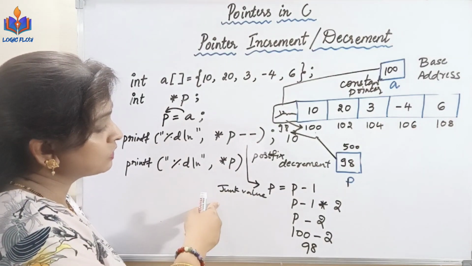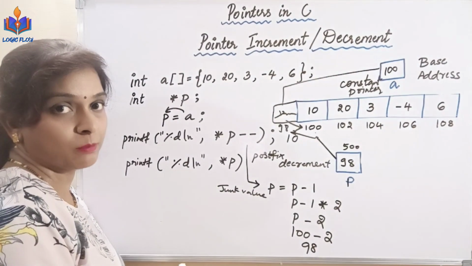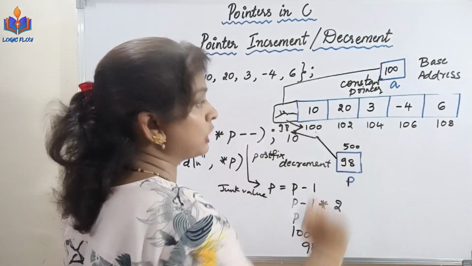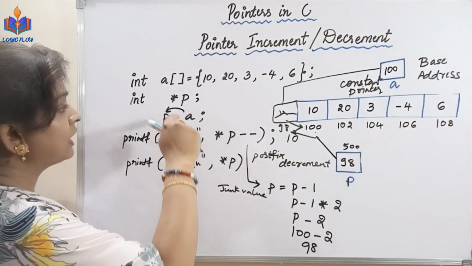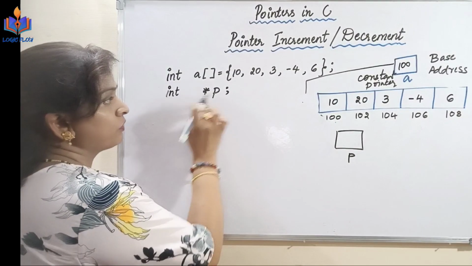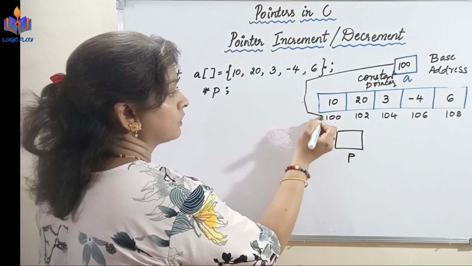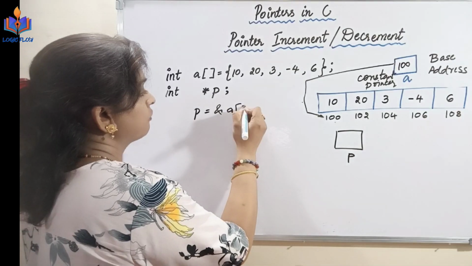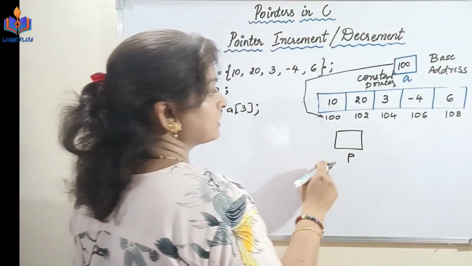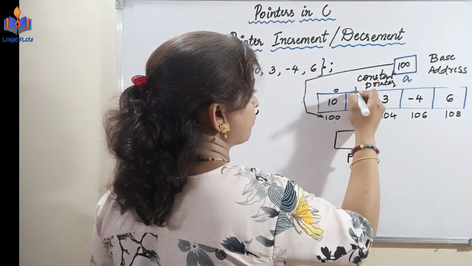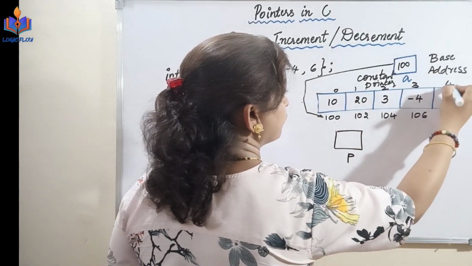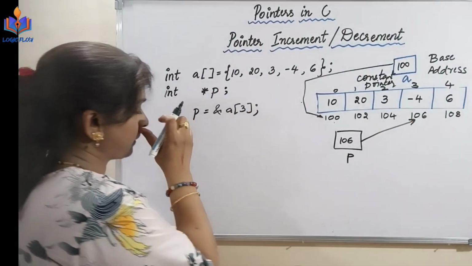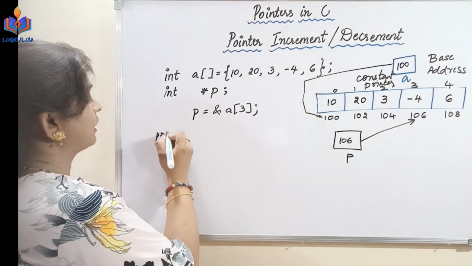Now let us know the prefix decrement also. For that, let us point the pointer to some other location. Let me change this value. We have a pointer variable, so let me say P equal to ampersand of A of 3. So store the address of A of 3. The locations are 0, 1, 2, 3, 4. A of 3 means it is 106. P is pointing to 106. Now I'll say printf